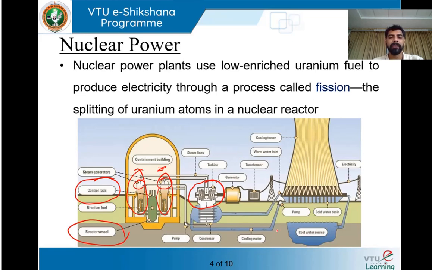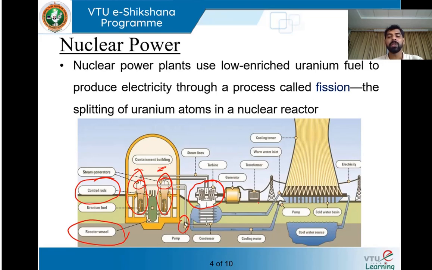In order to do that, we will be pumping cold water to it. The cold water passing through this condenser will take away the heat from the wet steam, and the wet steam gets converted into water again. The same water is pumped back into the reactor, and this process will continue again and again. So what happens to this cold water? It was cold water having low temperature, but once it takes away the heat from the wet steam, the temperature of the water increases. While entering it was cold water, while coming out of the condenser it will be warm water.